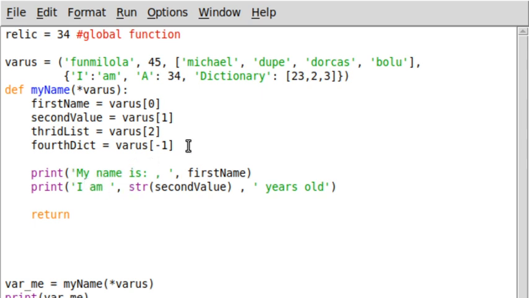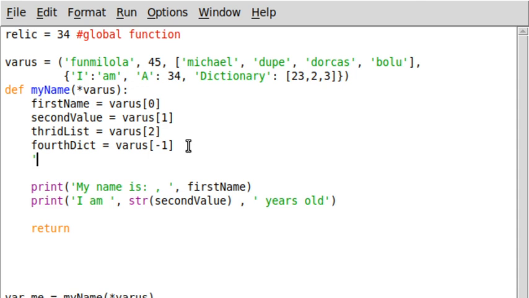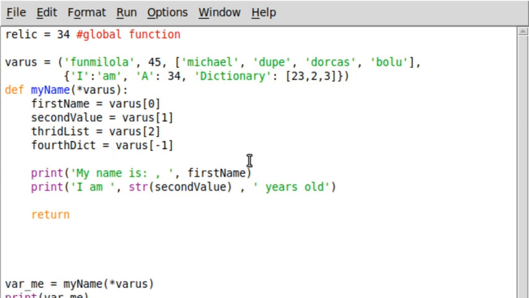If it is outside the print statement, like my name is, comma, then first name, it's not going to take it the way you have it here. It's going to expect you to be assigning it to something like x and y and z, whereby x is this and y is this, and that's tuple assignment, but that's not the bone of contention here. All I'm trying to say is you can have the plus or the comma. I've chosen to use the comma. All right, so my name is Fumilola. I am 45 years